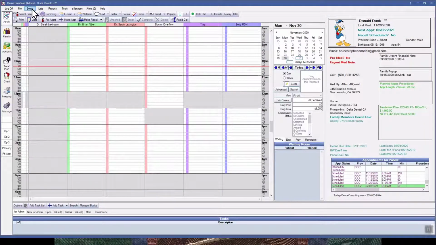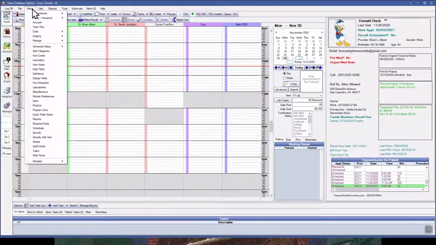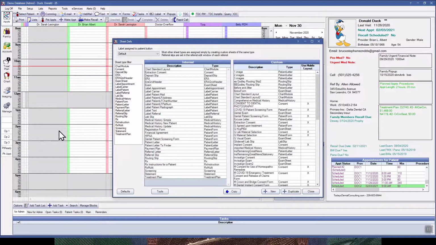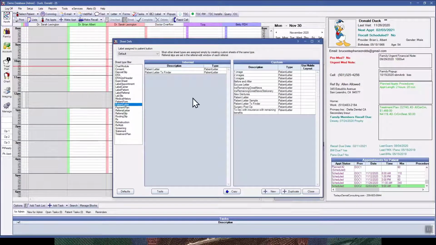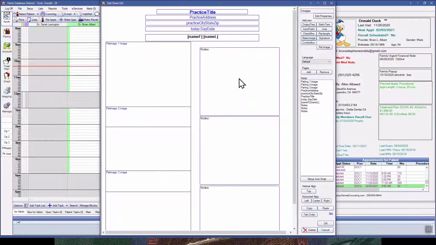Okay, this is the last step. You need to go to Setup and then down to Sheets. And then if you pick the category of patient letters, it'll do some filtering. Now my image letters were already at the top, but in case yours are kind of jumbled in there, then